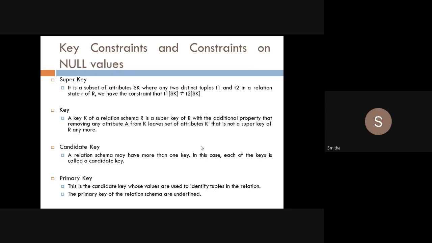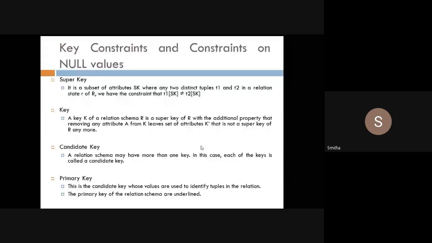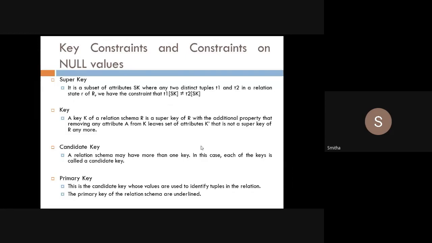If I remove any one attribute from that, suppose I remove USN, then the remaining attribute, student name, will no longer uniquely identify that particular student, because the student's name can be similar. So that time this USN will be a key. If I remove that, that super key will not uniquely identify a student.